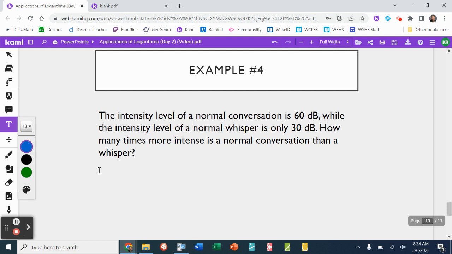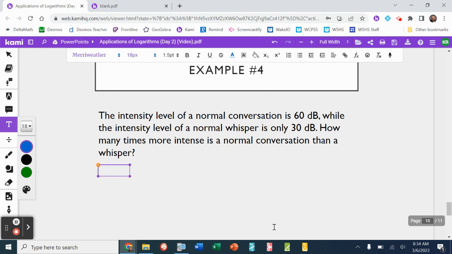Well, it turns out that's actually not the answer to this question. The intensity of a normal conversation is about 1,000 times as intense